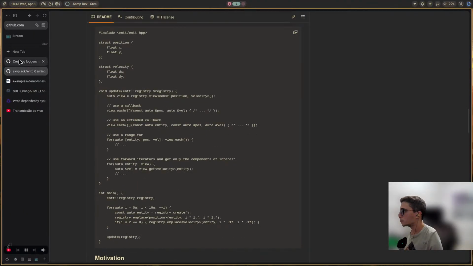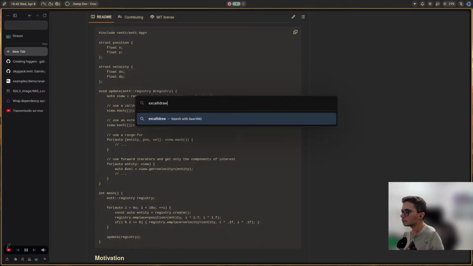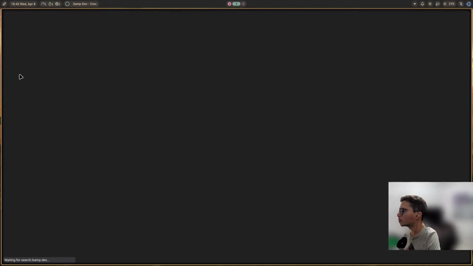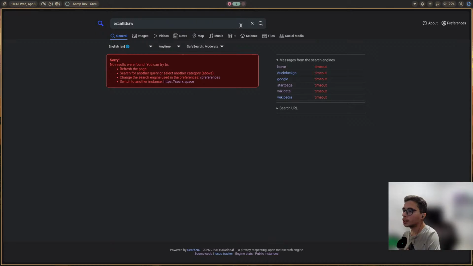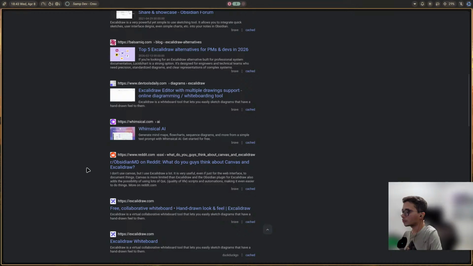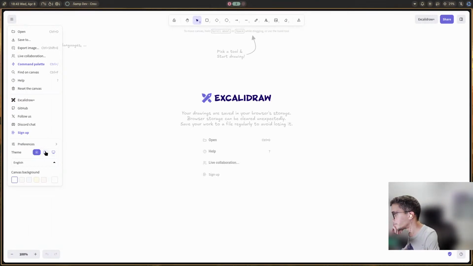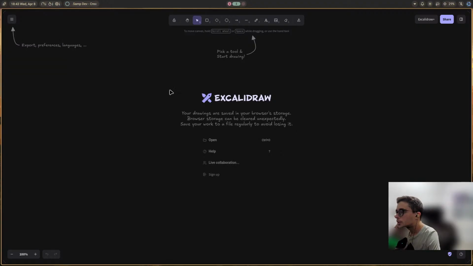For example, Xcode draw. I will test the Xcode draw today, and I got a timeout. Here. And flashbang it. For example,